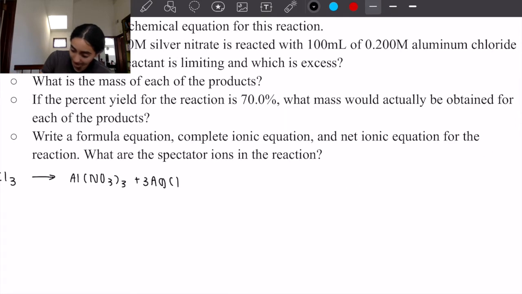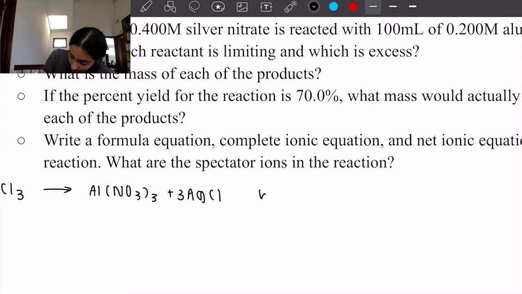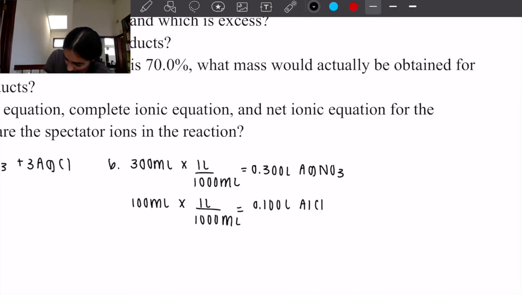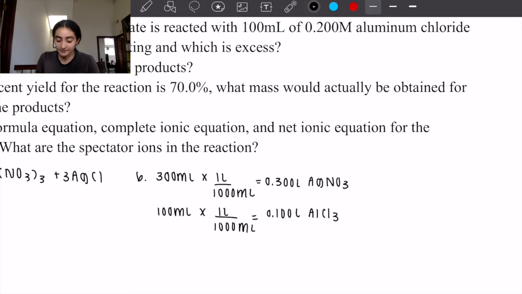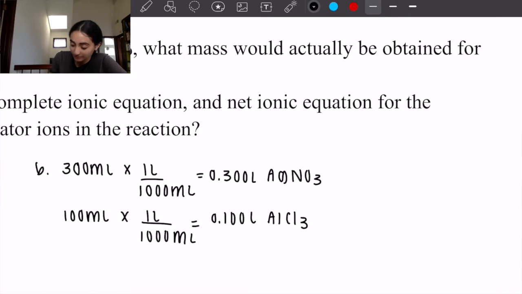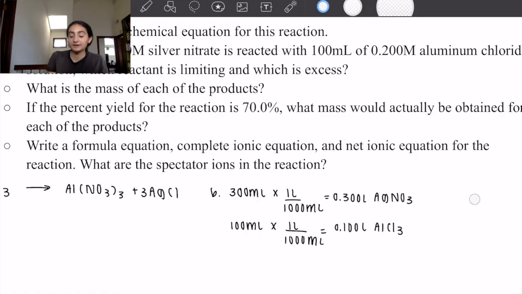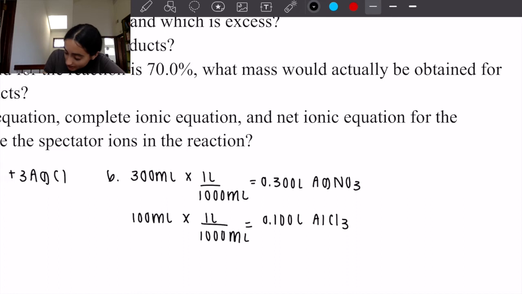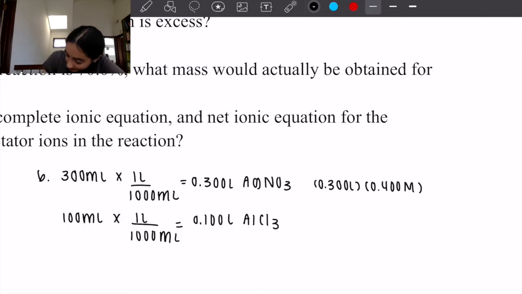So kind of on the side, I am going to first convert my volumes. Okay, so now we have the volumes of both of our solutions. I am now going to multiply that by concentration in order to get the moles of both of our solutions. So we have 0.300 liters. So now that we have the volume of both of our solutions, I'm going to multiply that by concentration to get the moles for each of our solutions. So 0.300 liters times 0.400 molarity, that is going to equal